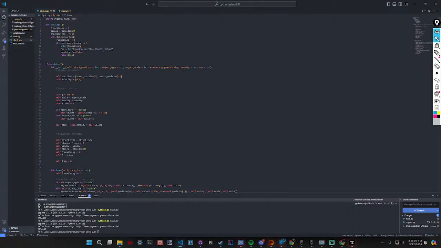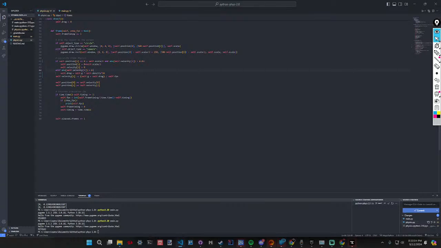So for the circle renderer, we're going to need self.position[0] plus 250. And for the scale, we're going to need self.scale divided by 2, because for the scaling of a cube, it's the x and y, so the scale is just 50 by 50.